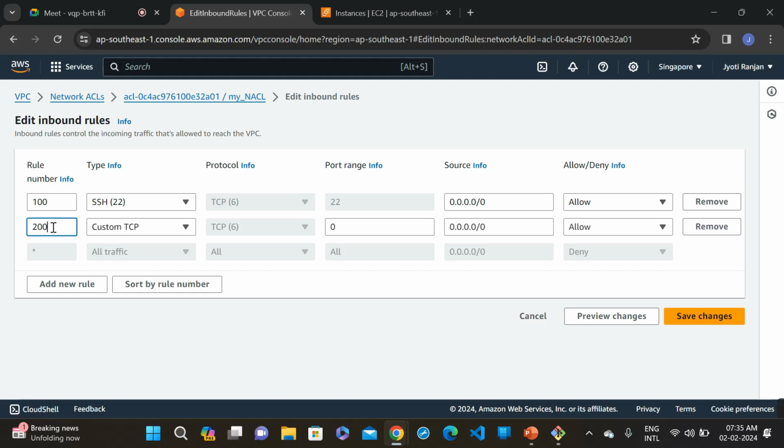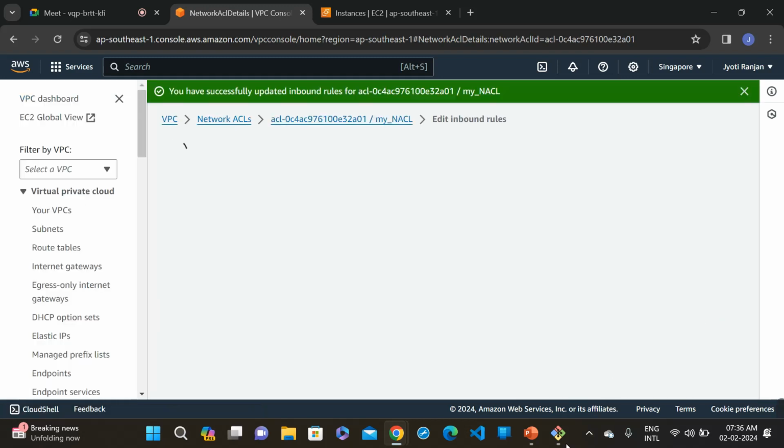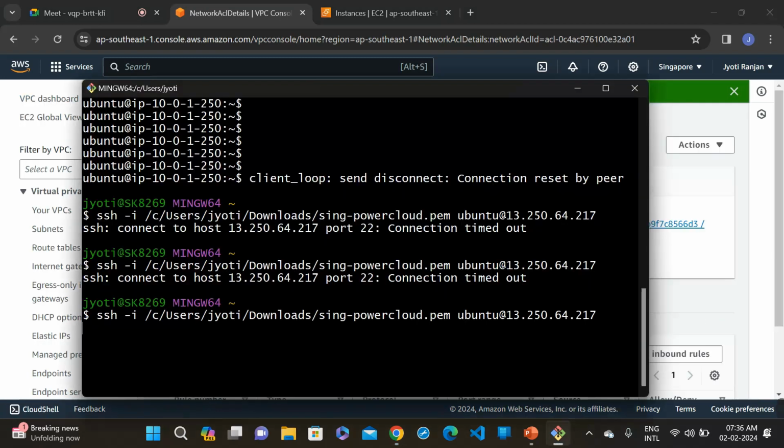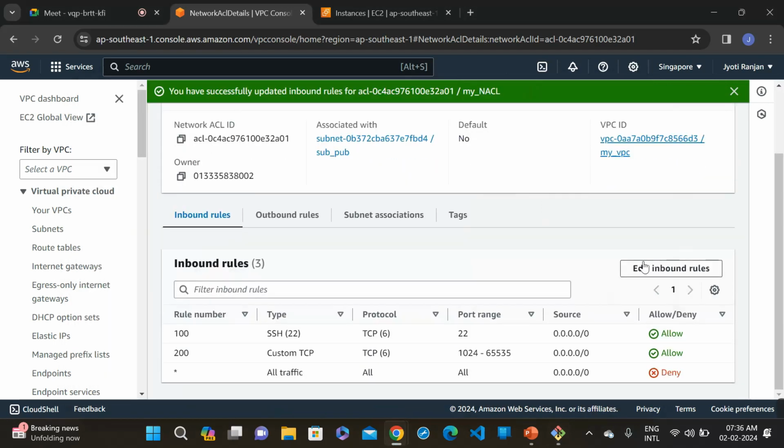right, and let it be custom TCP and give the range to 4, right. This is the range, port range. In between I can access our instance, 65535, right. Just save it. Okay, and let's do. Okay, now also we cannot access it, right. So